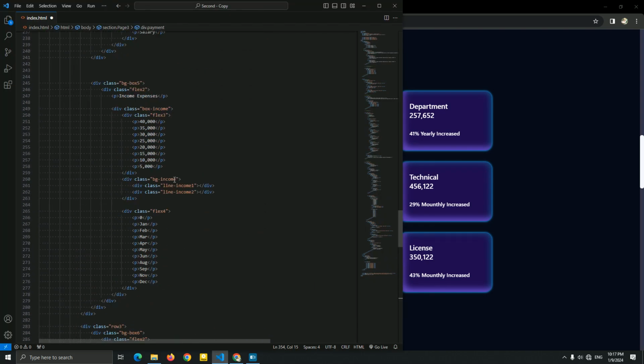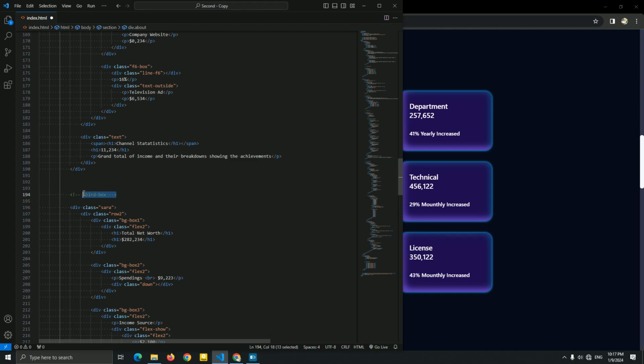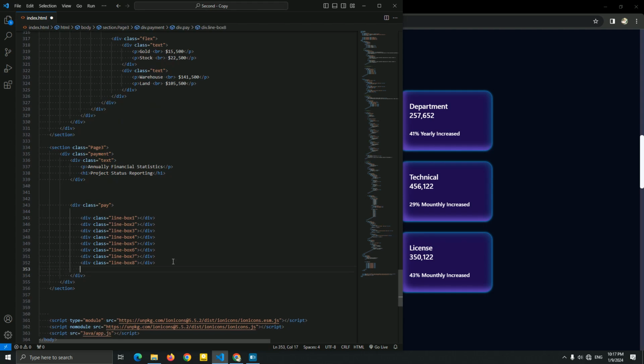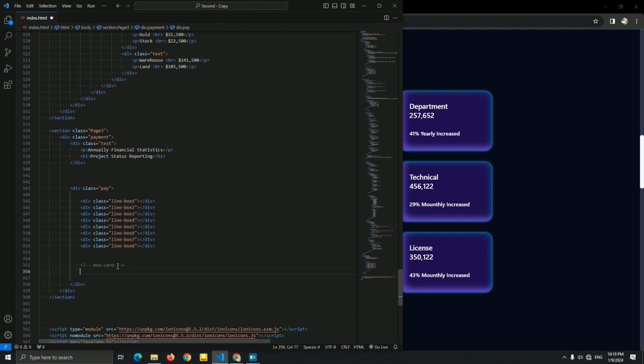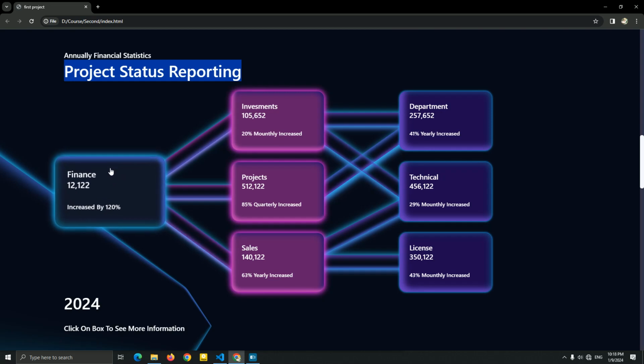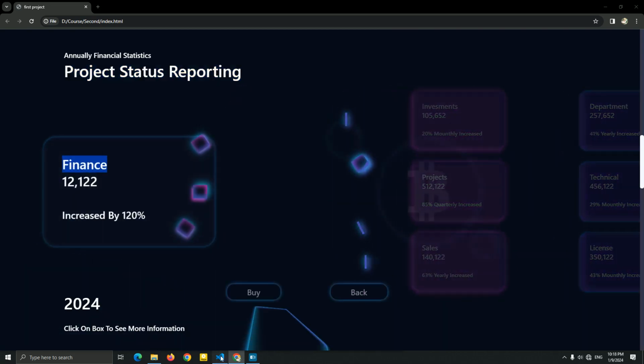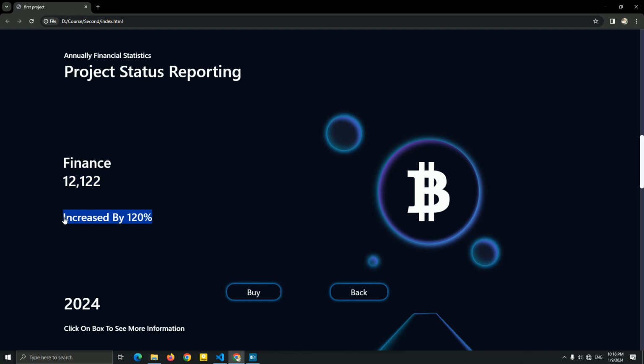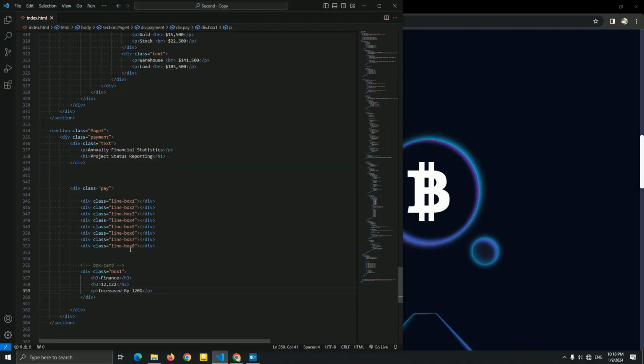Now I'm sorry, let me just add this comment for this box card. So after this, I'm gonna add a comment, box card or card box, doesn't matter. First box, I'm gonna add h3, and p, copy paste it. I'm sorry, copy, paste it, h3 and p, increase it. Okay, so this is the first box, guys.